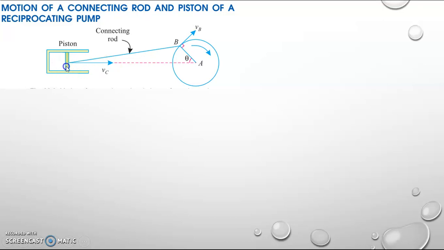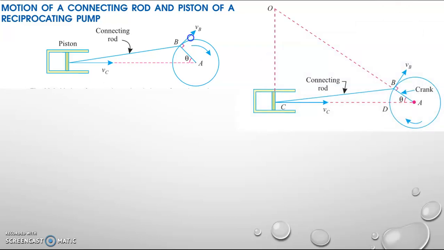So we will be analyzing the velocity of the piston and the velocity of the connecting rod, and we will be finding the instantaneous center. We are using the equation for velocity, omega into the distance from the instantaneous center to that point. As the piston is moving to and fro from left to right, this velocity will be written as Vc, and we will draw a perpendicular to this velocity as a line.